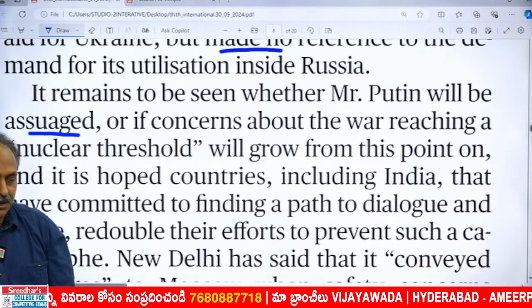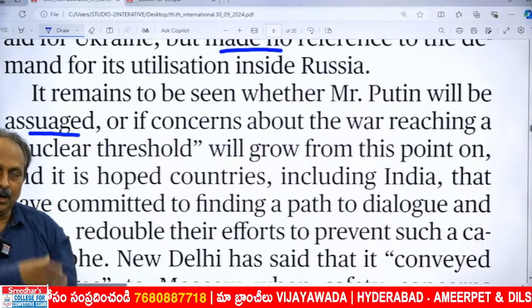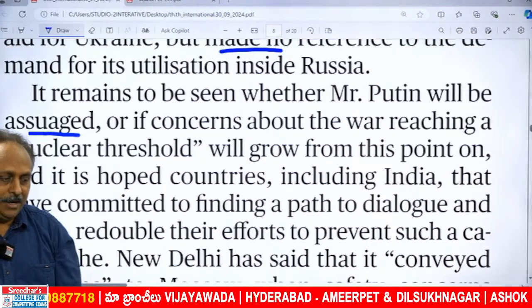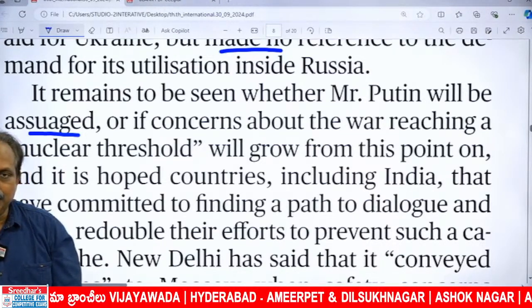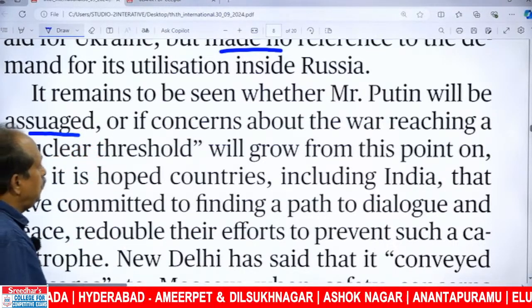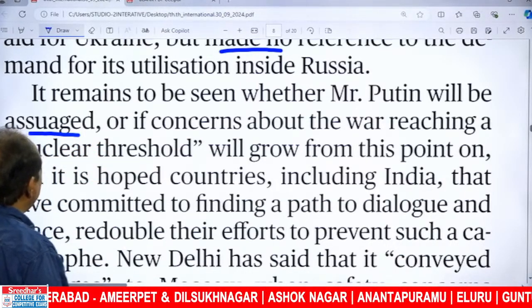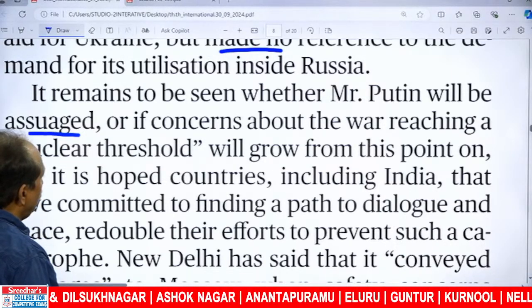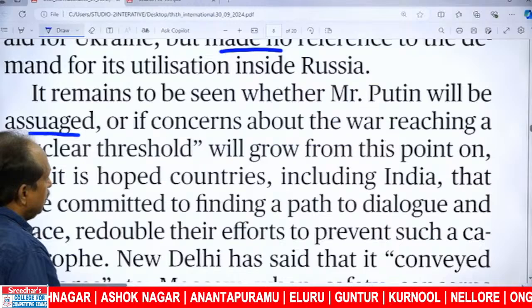I always tell students, when you come across any of these words, you have to think of other words. Assuage, alleviate, mitigate. Reduce the intensity of something. Here, it remains to be seen whether Mr. Putin will be assuaged, or if concerns about the war reaching a nuclear threshold means a peak, will grow from